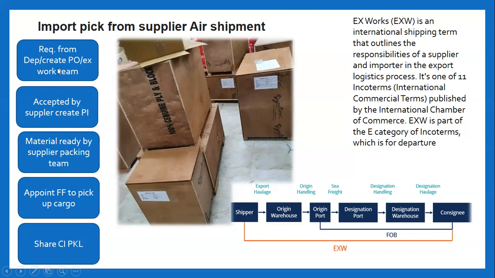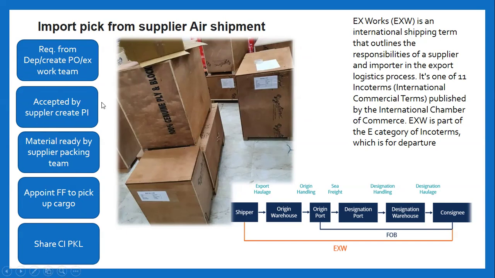Here the department, like any production team, requires that we need these machinery parts. So in coordination from the procurement team to the supplier, they check whether the proforma invoice is okay or not. If as per the proforma invoice all details are okay, then the user department will create the purchase order. In the purchase order the Incoterm is EXW. This purchase order is sent to the supplier.